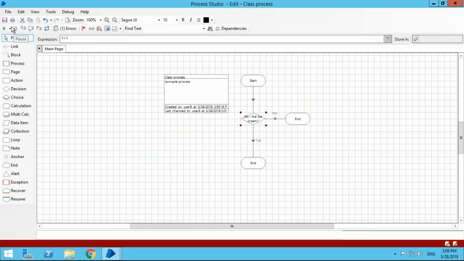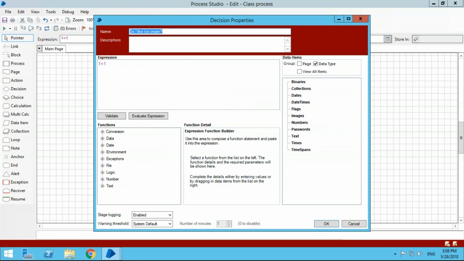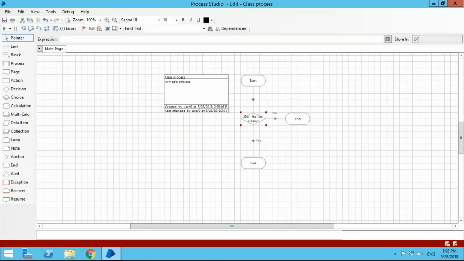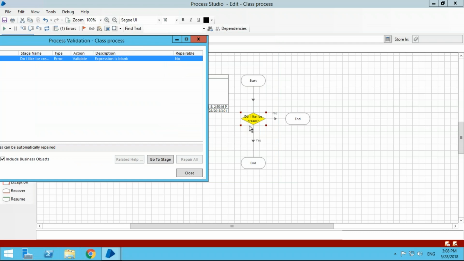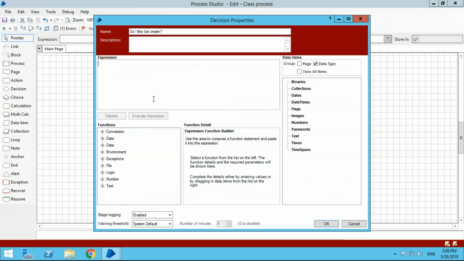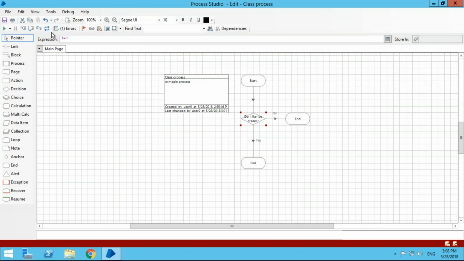But to keep things simple, I'm going to keep normal speed, press reset, as I mentioned. Can you see there was one error there? So let me get rid of that expression. Press OK, press reset. Can you see that there is an error there? Let's open it up. It says expression is blank. Double click on it and it highlights it, and then you go in and you fix it. 1 equals 1. Okay. Now the error is still there, but if you press reset, that's when it disappears. And that's what's very important, to press reset.